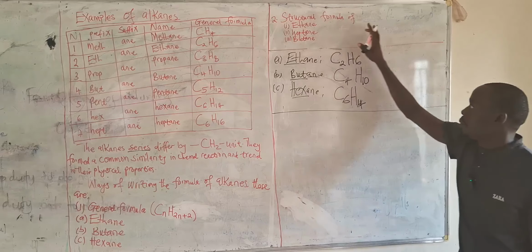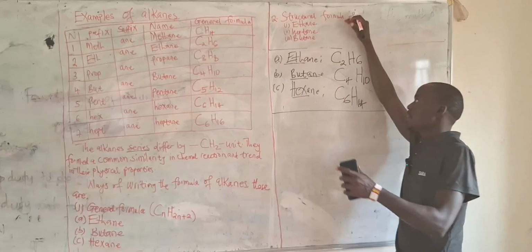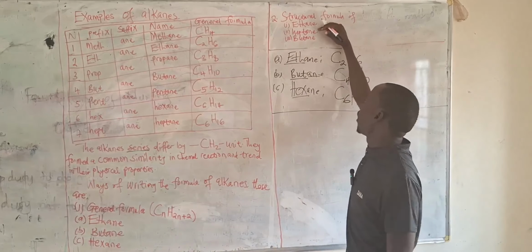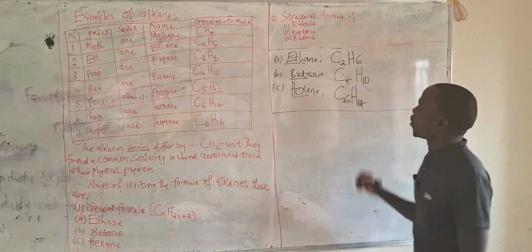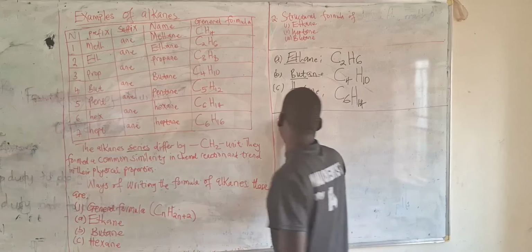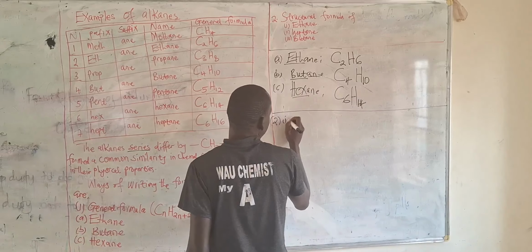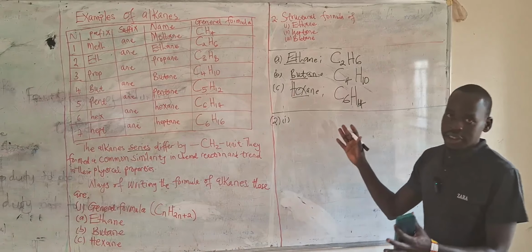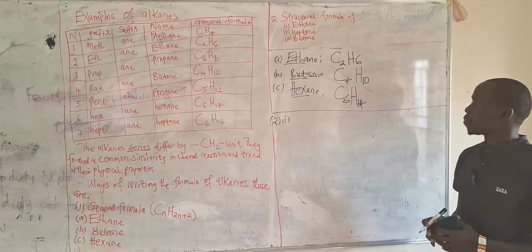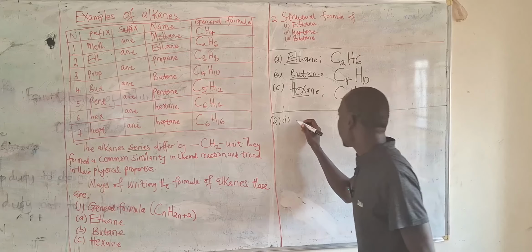The structural formula: we are required to write the structural formula of ethane, heptane, and butane. So, this is Roman number 1. How can we write this? That's the most important thing. How can we write this? We say